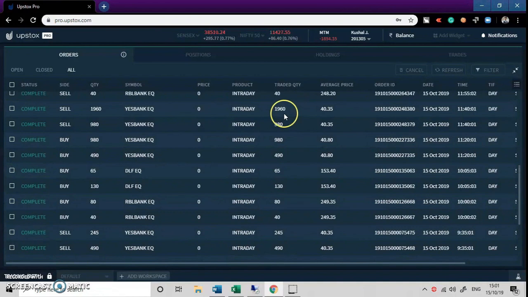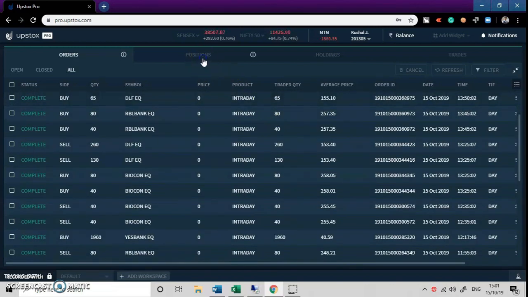Now after taking 490 shares in the reverse direction, we again faced loss, and after facing loss we went to 980 shares. Now 980 is a very big quantity, and even a 10 paisa difference makes a 98 rupees loss because of the spread, right? So after 980 shares, the trade again went into loss, and we took 1960 shares. This was all done by our algorithm, right? So 1960 shares is now again a very big quantity. Even a 10 paisa spread would again take 196 rupees out of your trade. Now this is one of the biggest disadvantages of the Martingale system, because every time you double your quantity, and if you're losing a lot on your spread, that means you tend to lose a lot.